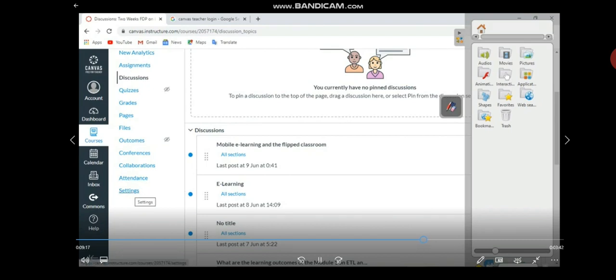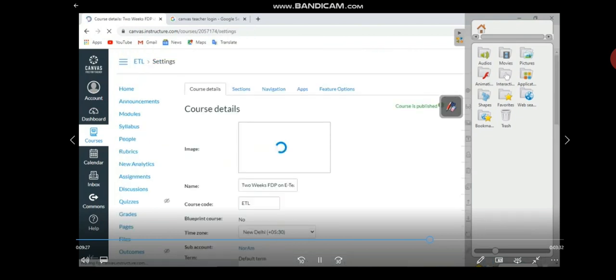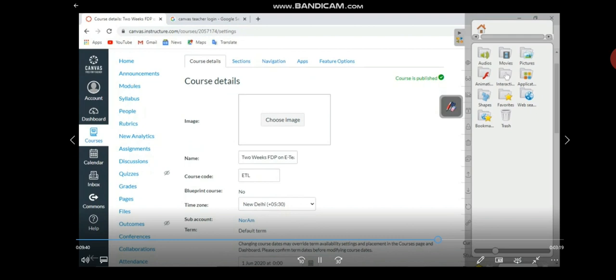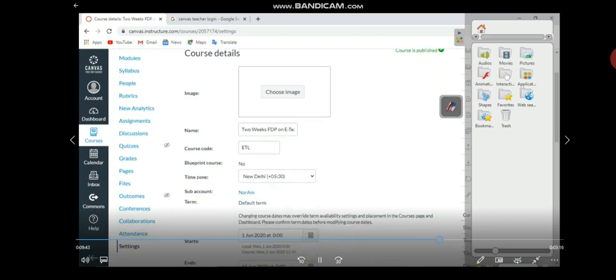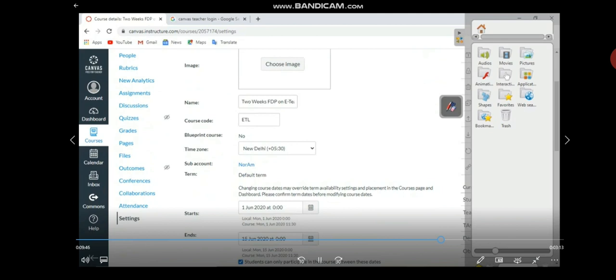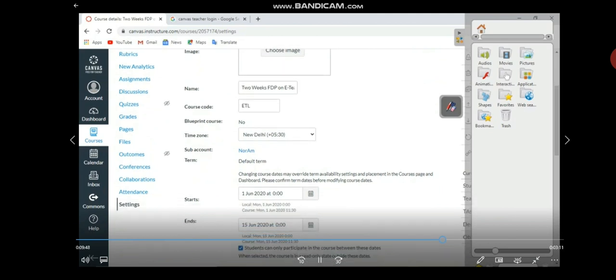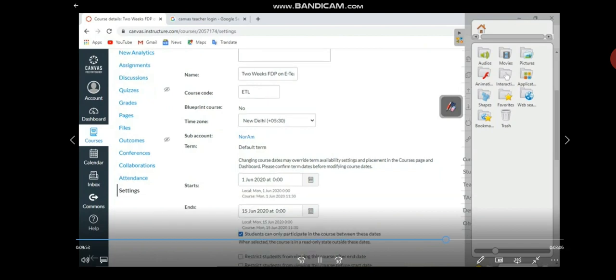Then the settings tab. When we start building a course, start some development of the course, when some idea comes, we go for the settings of the course. So this is the starting point. The course structure is already in mind. Given that situation, we can add some image, we can name the course, we can set some code, blueprint of the course if we want, yes or no, time zone, some comment, some default terms are there, starting date, ending date, and